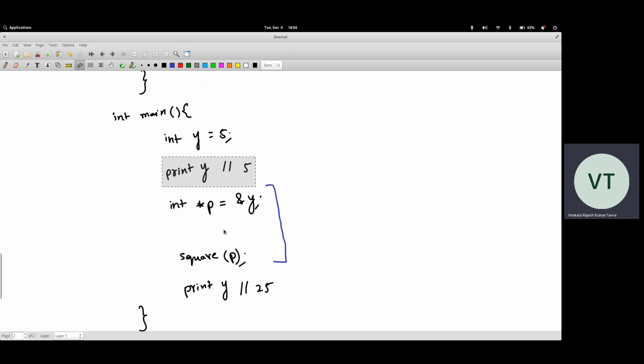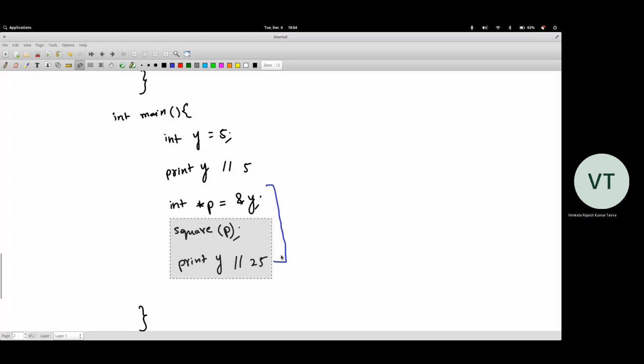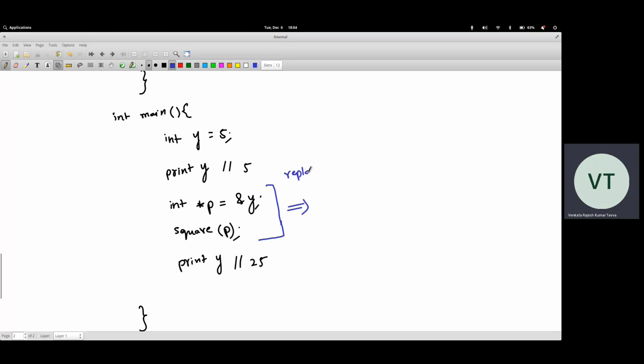I put it here, I put it here, I change this. Now these two statements you can replace with a single statement where you just directly call the square function